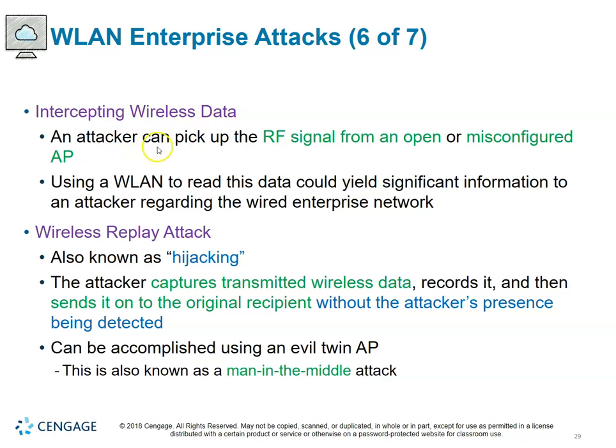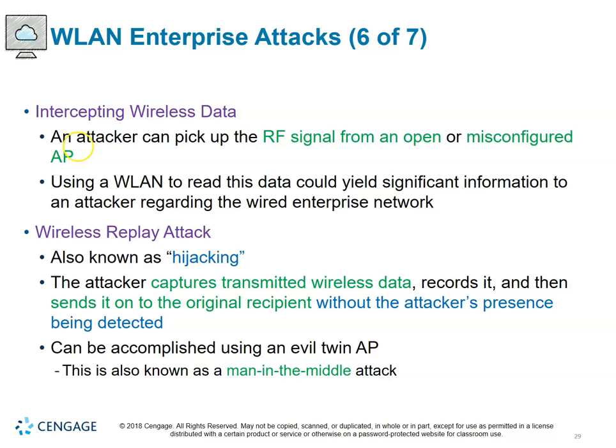Intercepting wireless data, an attacker can pick up an RF signal from an open or misconfigured AP. So it's not necessarily an insider who maliciously sets this up. It could be a misconfigured AP that an attacker connects to. You'd often see this in the past where people would just look for unsecured APs. They'd be driving around in their van in office building parks and so forth, looking for stray wireless signals to connect to. Might be as innocent as just trying to get free Wi-Fi, or maybe an attempt to penetrate